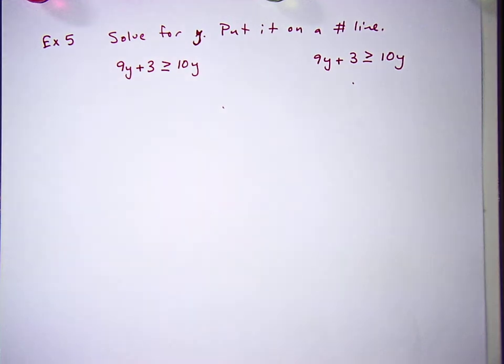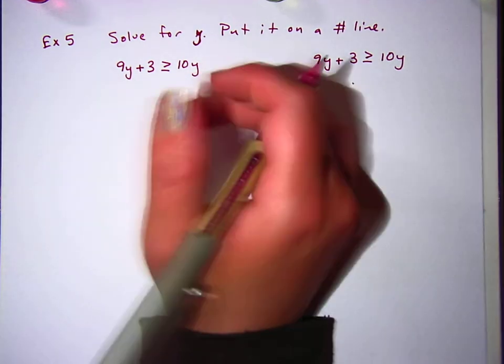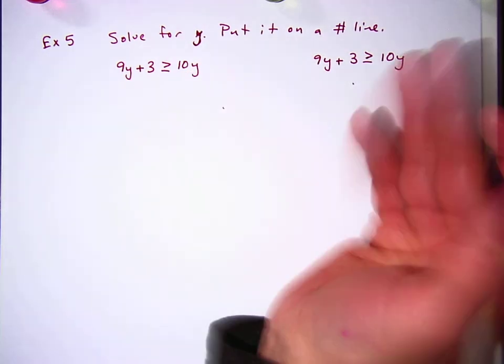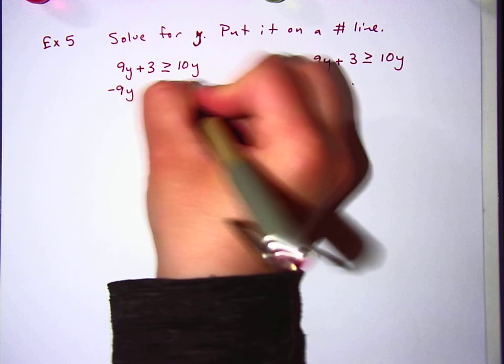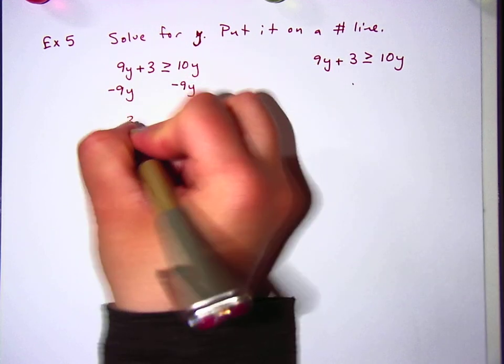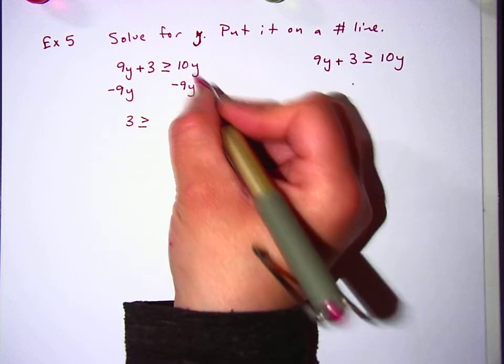Alright, I'm going to assume you've done it at this point. So there are two ways you can do this. One way is to get the y's on the right, and one way is to get y's on the left. So I'm going to get y's on the right first. So now I've got 3 is greater than or equal to 10y minus